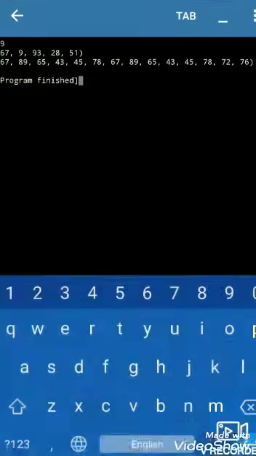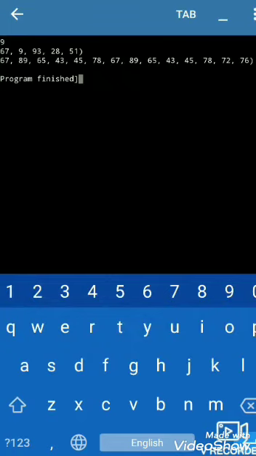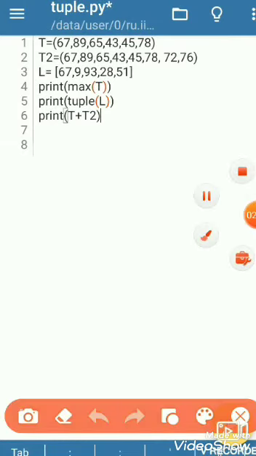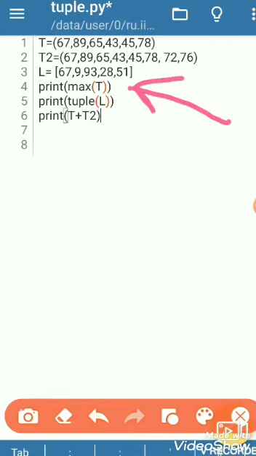So run the program. So here we can see first it gives the maximum number, so print max. So here we have given three print commands. First is for the maximum number from the tuple, that is on top, the second print command is for printing L, which is a list, as a tuple, converting the list into a tuple, and third is adding two tuples.